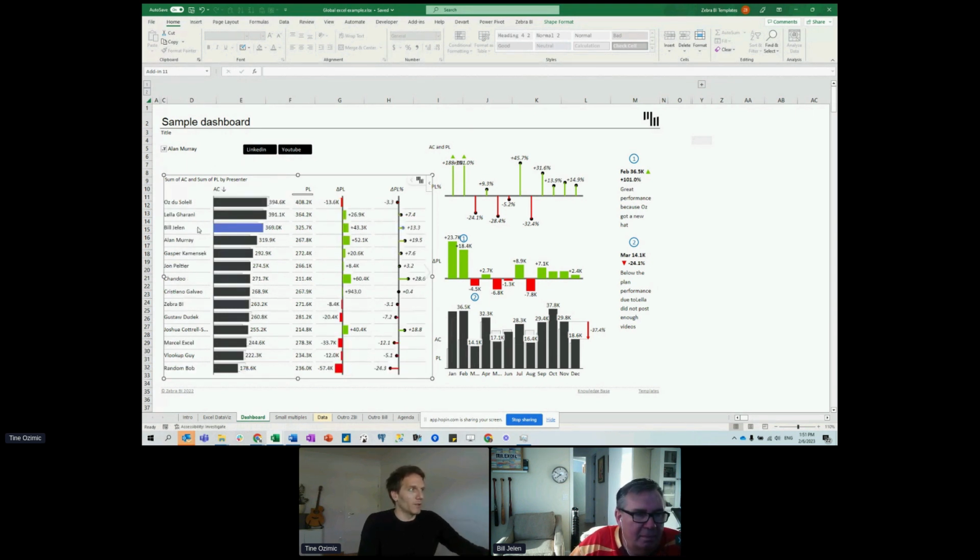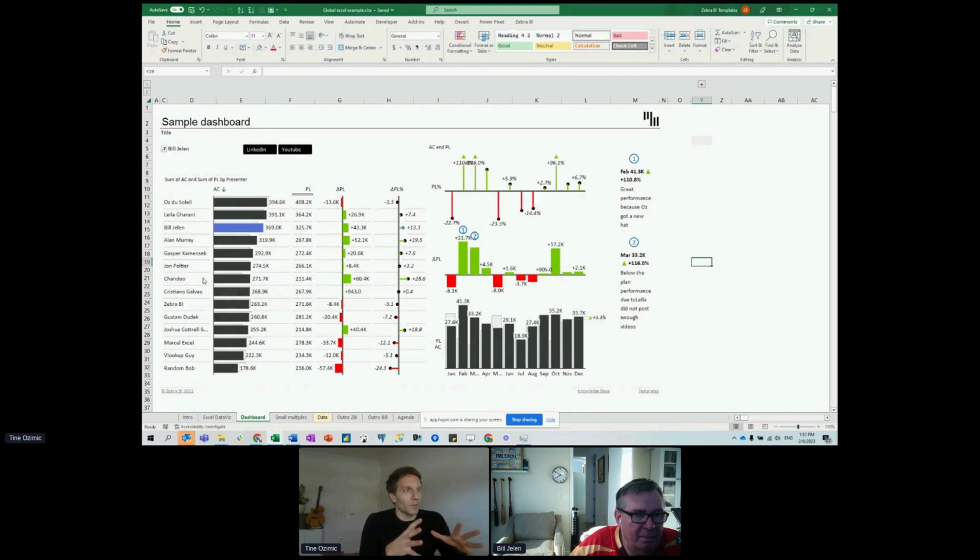Now, maybe one more thing. If I want to understand, okay, Bill is performing above the plan, so let's check what is going on here. We just simply select Bill. And now on the chart, we can see,